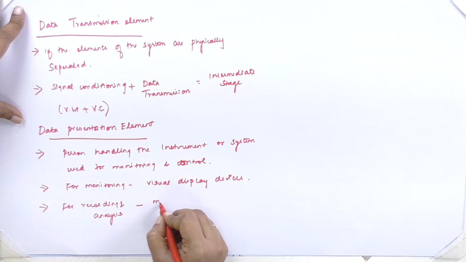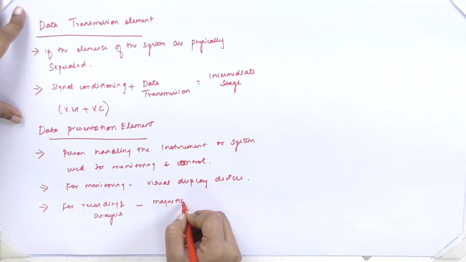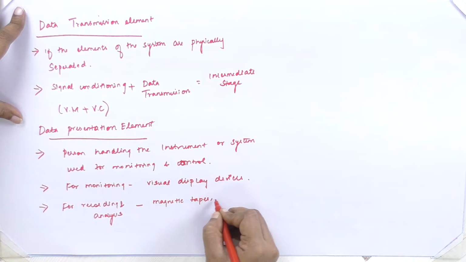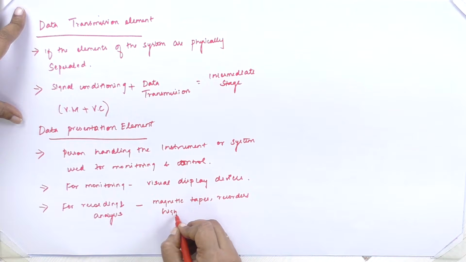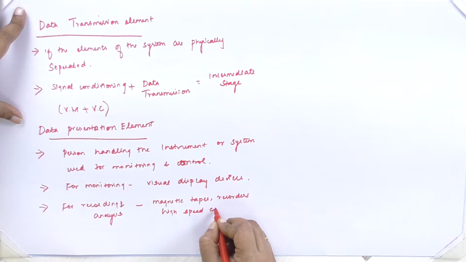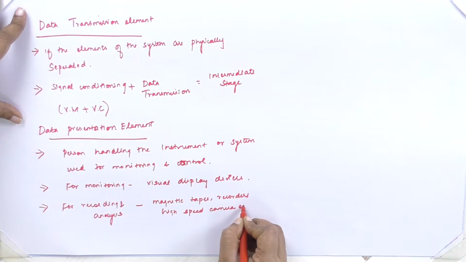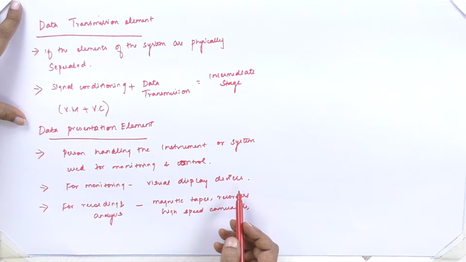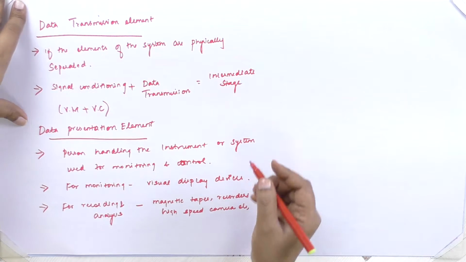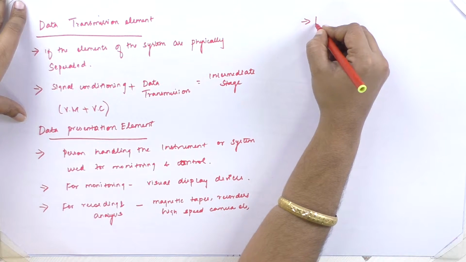We can use magnetic tapes, recorders, high speed cameras, etc. For recording purpose, we can use magnetic tapes, recorders or high speed cameras. For monitoring purpose, we can use any visual display devices, and for control and analysis purpose,